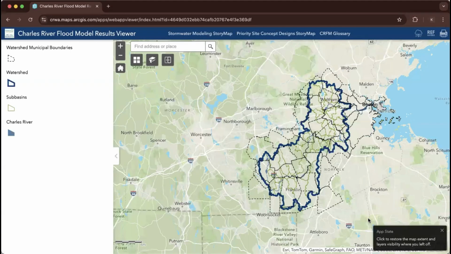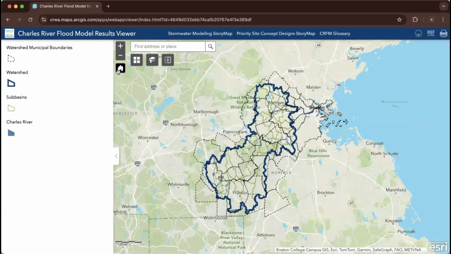Step 2. Understanding the flood model results viewer layout. On the left-hand side of the flood model, you will find a map legend that provides a visual explanation of the symbols used in the flood model. On the top left, you will also find a home button that, when clicked, will bring you to the default extent of the map. Next to that is the base map gallery